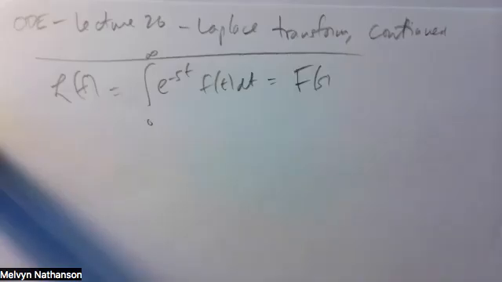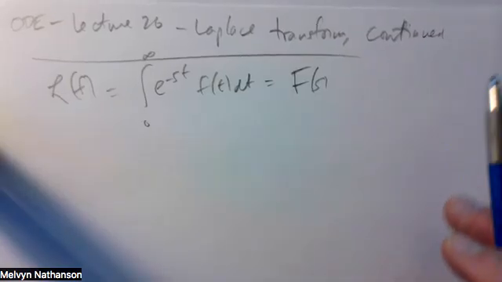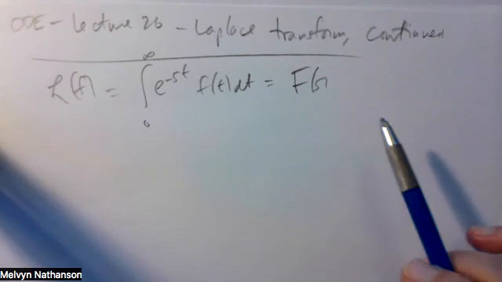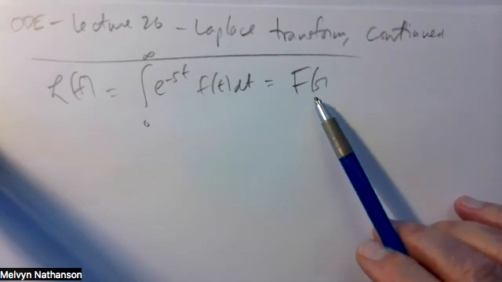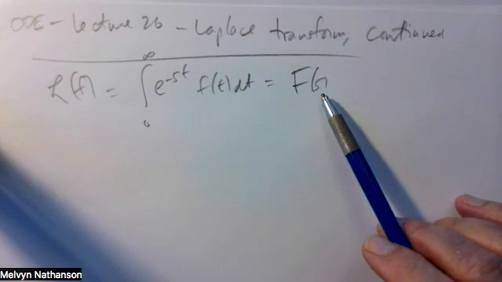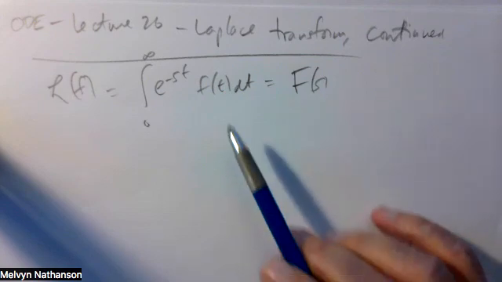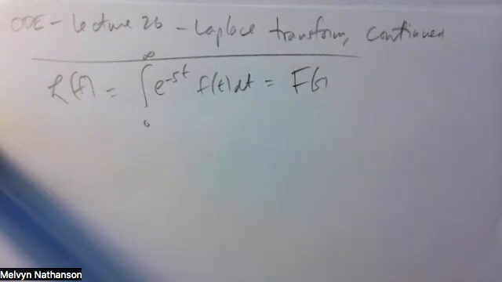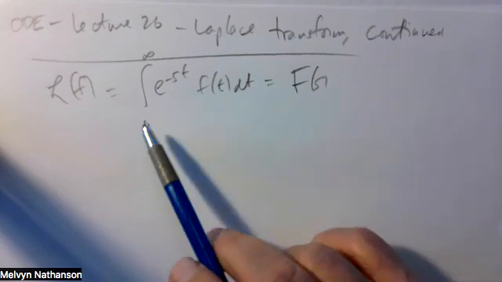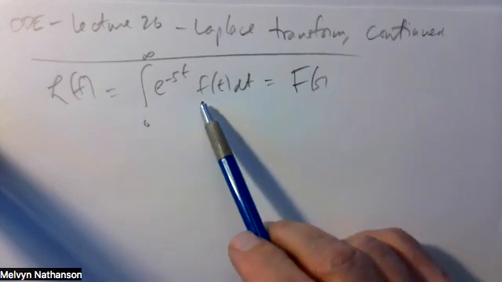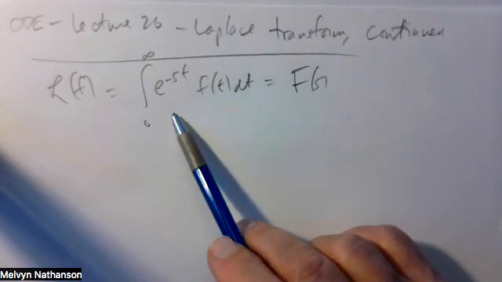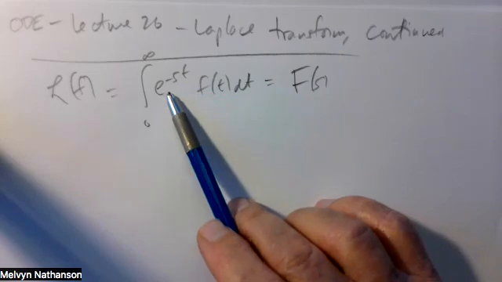So today we're going to see how the Laplace transform can be applied to solve a second order linear differential equation with constant coefficients where the forcing function f of t is piecewise continuous. So it can have a certain number of jump discontinuities. And let us recall, if you have a function f of t, its Laplace transform is a function of s,